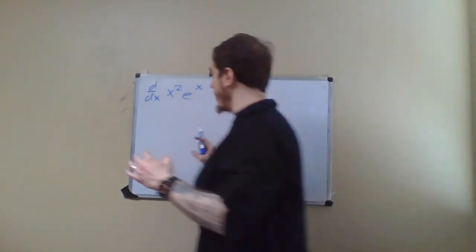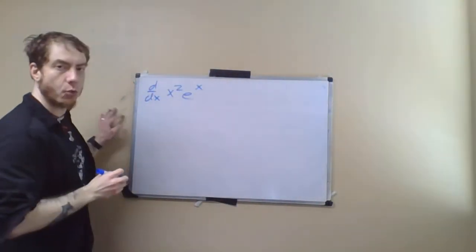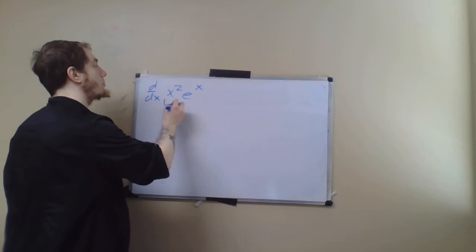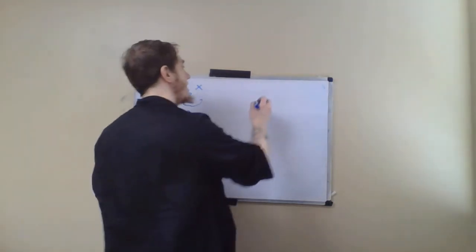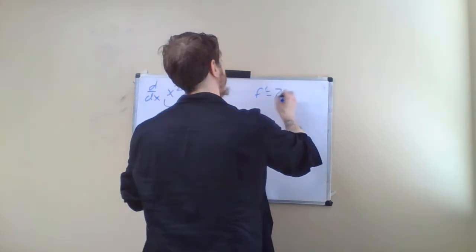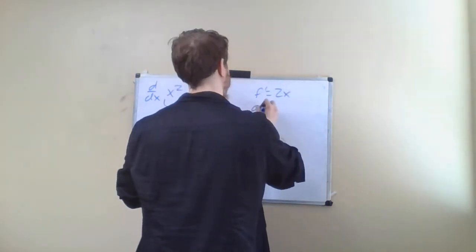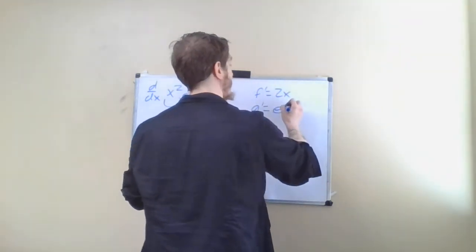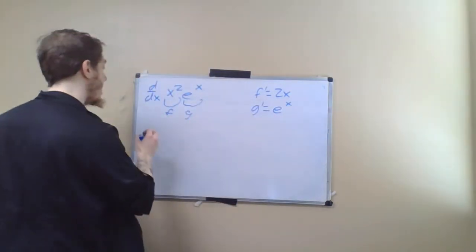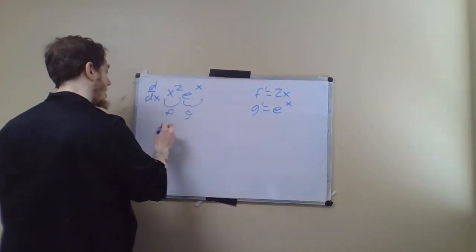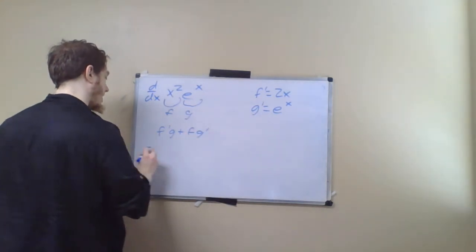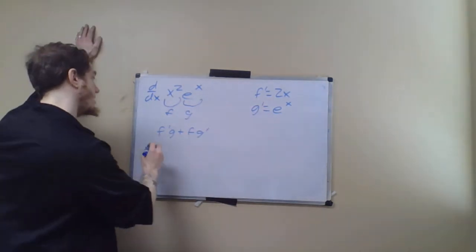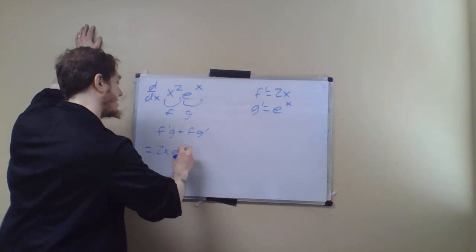It would be very annoying. Using the product rule, all I need to do is break this up into an f and a g. Then f prime here is going to be 2x, g prime is still going to be e to the x, and I just have to write down f prime g plus f g prime. This is going to be 2x e to the x